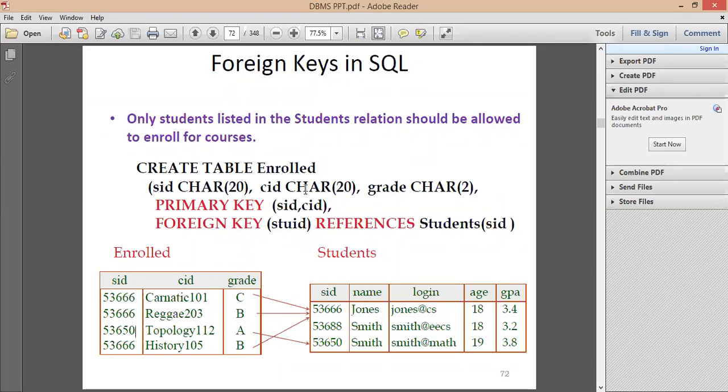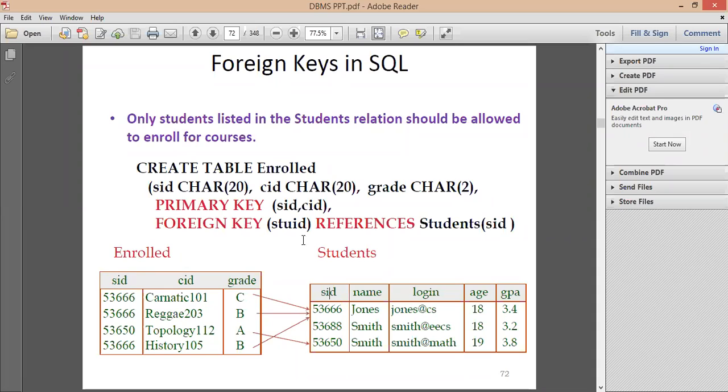Now what is the foreign key here? We have made the primary key, now we have to define the foreign key. Your SID is a foreign key. Why? Because it is referencing the SID of the student table. This is foreign key and referential integrity constraints. What do you mean by referential integrity constraints?